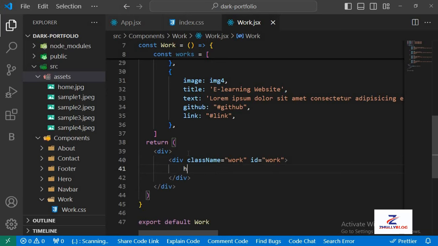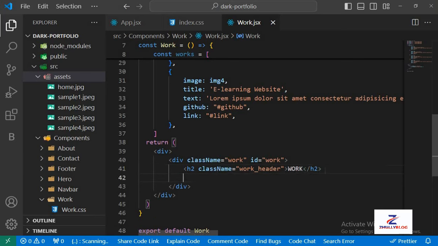So I'm going to start with an h2 tag with the class name of work header, and it's going to take work. Oh, Ctrl Z. And I'm going to create the work container. So for work container,